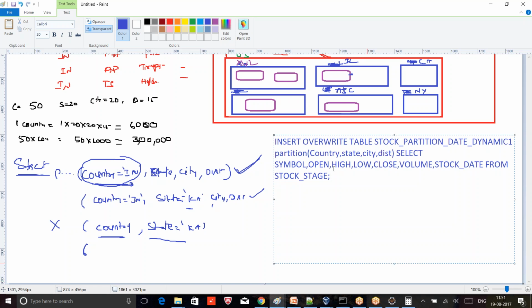This is a dynamic partition with a non-strict mode. Here strict mode comes in such a way that if I go with this query, I will end up creating 3 lakh partitions, 3 lakh folders, and inside them the data may be even more. If I go with a strict mode,